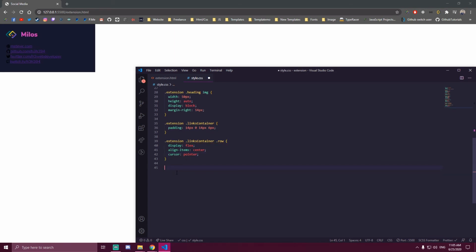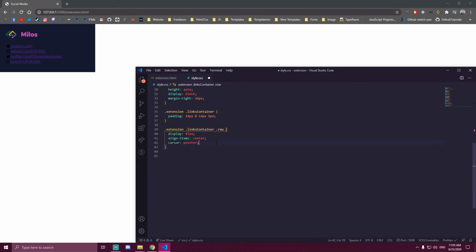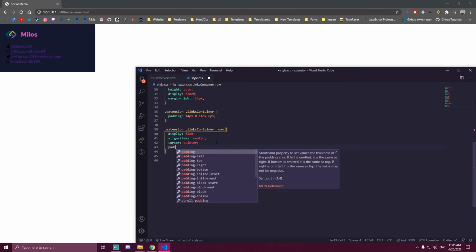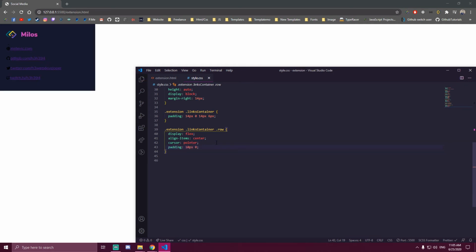Okay, so that's going to be our row or our separate link. And also let's add some padding here, like that, so they have a bit of space. And then for the actual link,